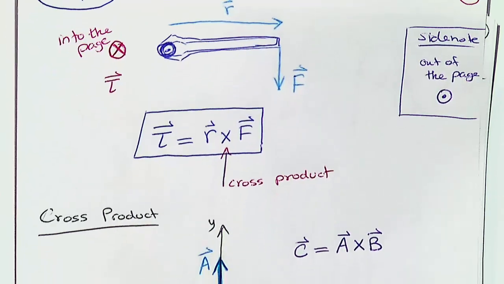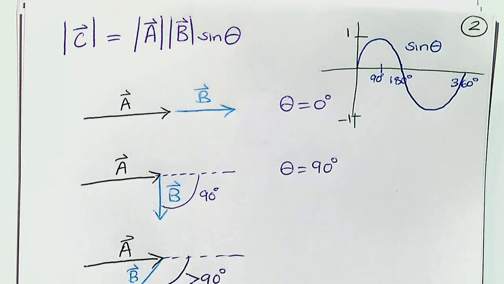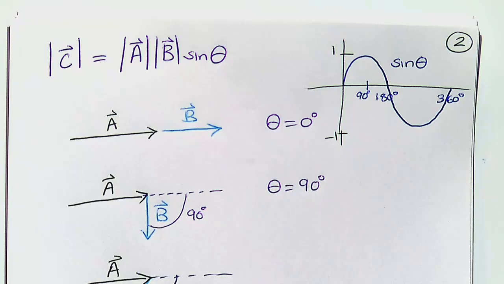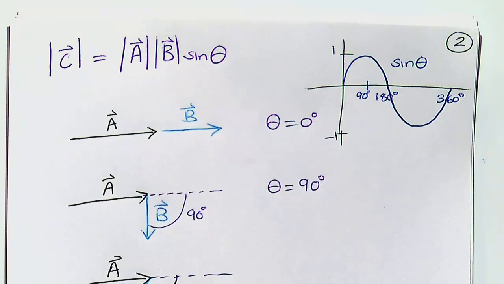So we're trying to depict reality. All the math is there to depict reality, not just because there's math. It's trying to be helpful. It's trying to show you that depending on the angle you're considering, the magnitude of torque, or sorry, the cross product in general, changes as a result. So if we apply this specifically to torque,